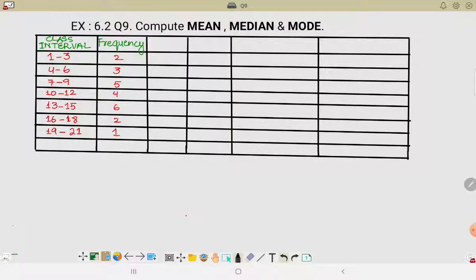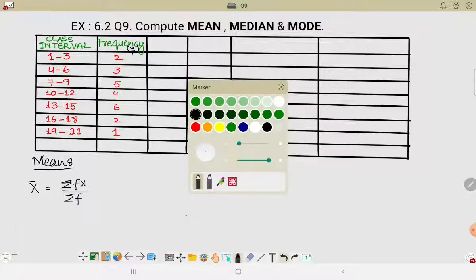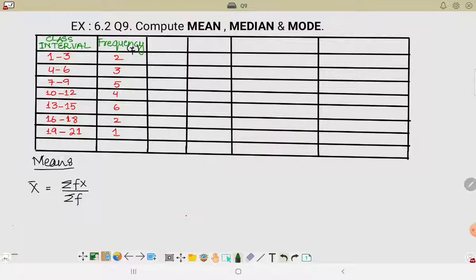So for the first column, you see the data is given in the form of groups, classes, class limits, or you can say the range is given. So हमारे पास ये set की form है, group की form है, so we are going to use the formula for grouped data. So mean, x bar, is equal to sigma fx divided by sigma f. Now you see f is given, f stands for frequency, it is already given to us in the second column. X, which is the midpoint, midpoint wala column हमारे पास नहीं है,